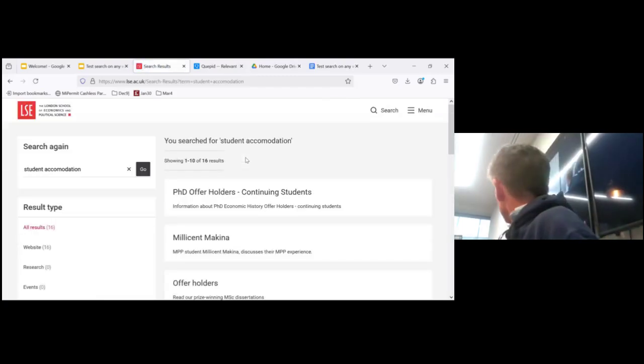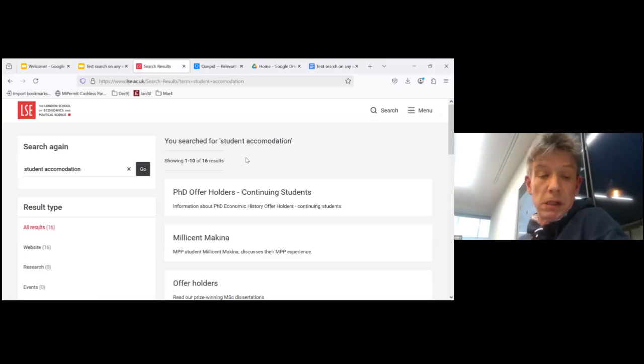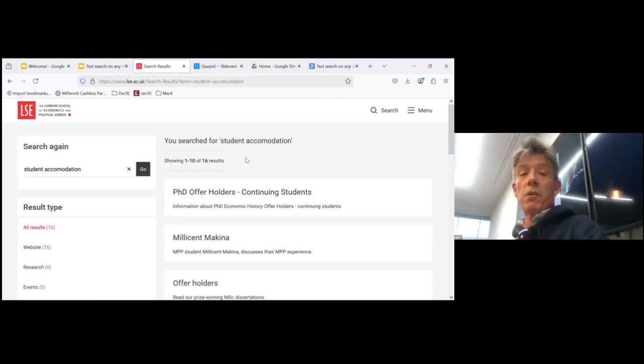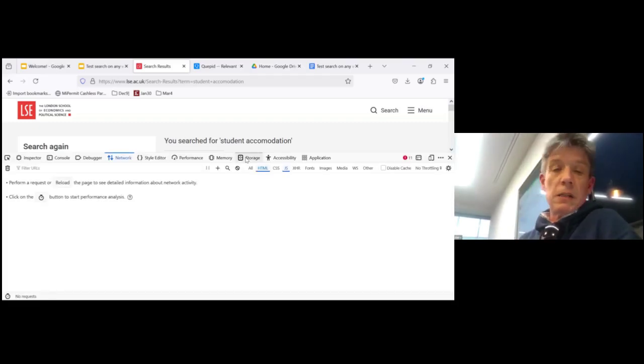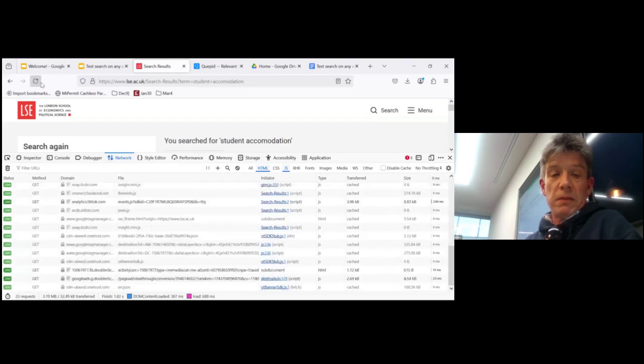And we get some results. It's a reasonably simple, clean interface. So there we go. We can do some searches. I can look at the URL and I can kind of figure out how I'm going to send search queries to this. So let's have a look at what's actually happening. So I'm going to bring up the debugger, and I'm going to look at what happens when I do a search query. So if I do that, oh, loads of stuff.